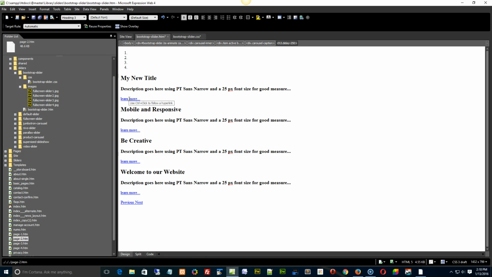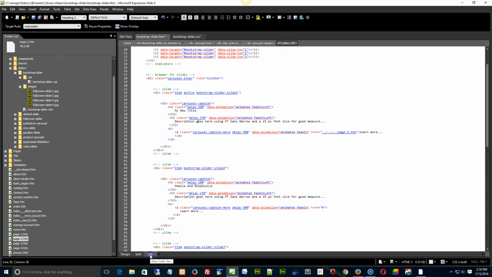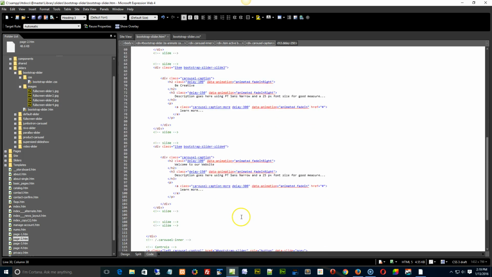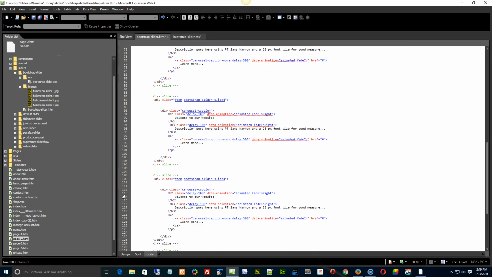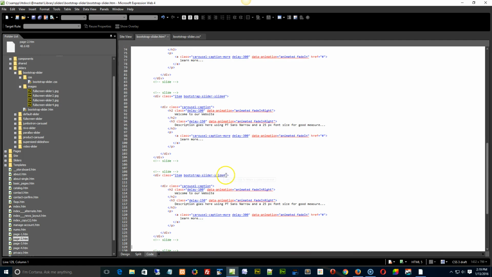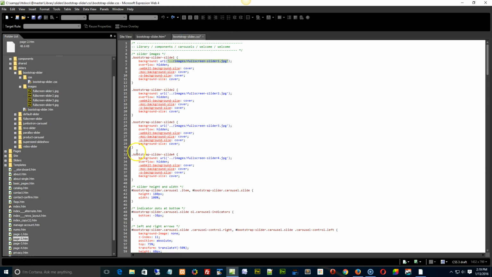Now, how do you add more images? 2 phases. Flip to code view, scroll on down to the last slide, right here, see how it's commented? Copy the entire slide. We have a little space here you can sort of paste over top or just paste below. Make sure you change this to slide 5. Okay, we want to keep it sequential. Then you can change your description and your title and your Learn More, but more importantly, we need to go back to the Bootstrap Slider.css and we need to copy slide 4